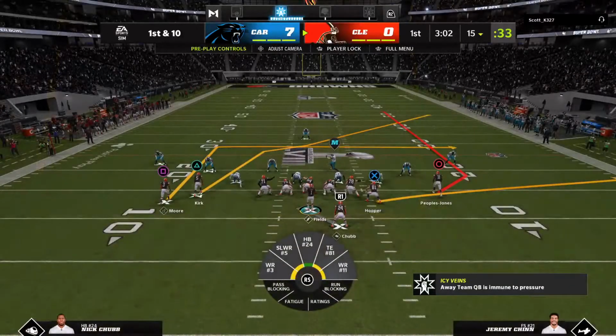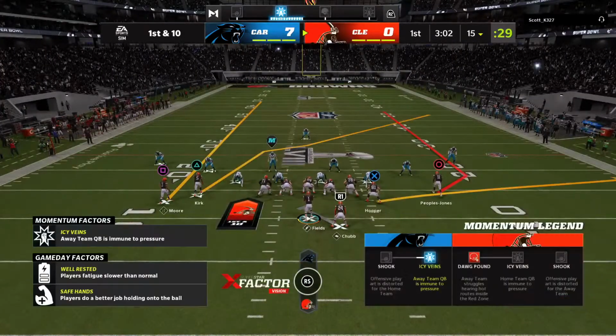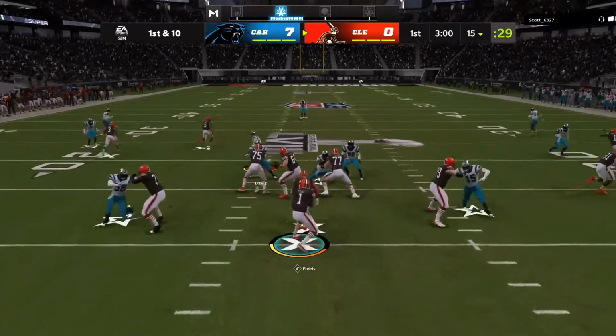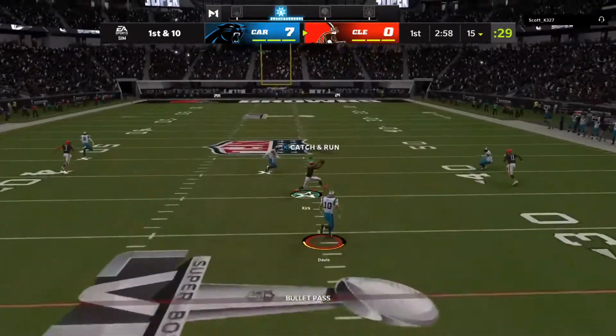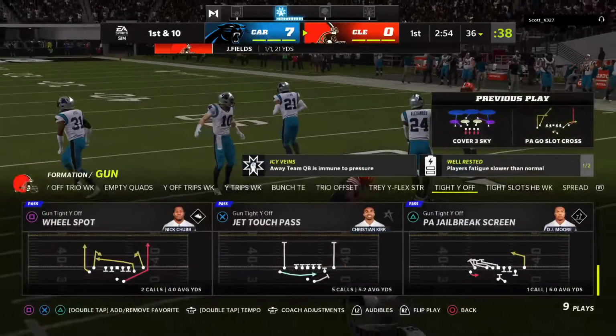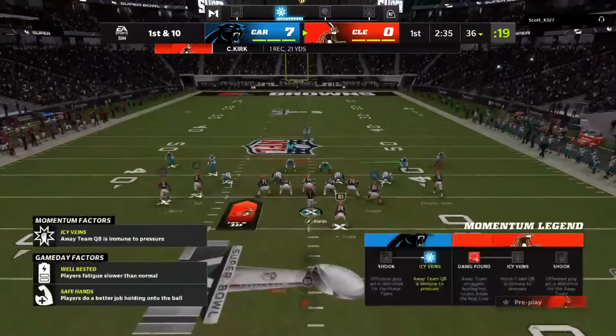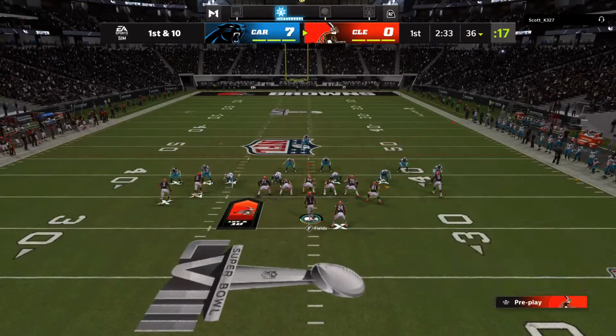Line of scrimmage, the 15. It's 1st and 10. They'll fake the handoff. Now Fields. This one complete to Christian Kirk. And way up past the 35 before he's taken down. So from the 36 now, 1st and